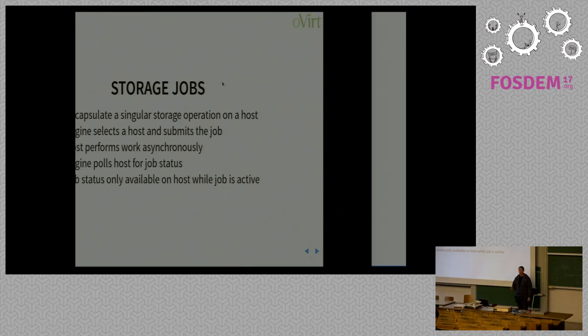So let's say we're taking a high-level operation such as cloning a virtual machine disk from one storage type to another. This may comprise multiple sub-operations. For example, if we have a volume chain, we have to copy each volume in the chain over to the destination. So a storage job is going to be one copy from one volume to another. So kind of the most granular form of operation that we can provide.